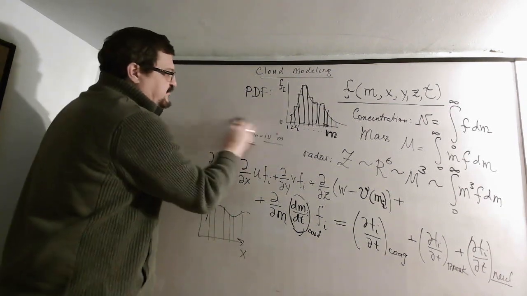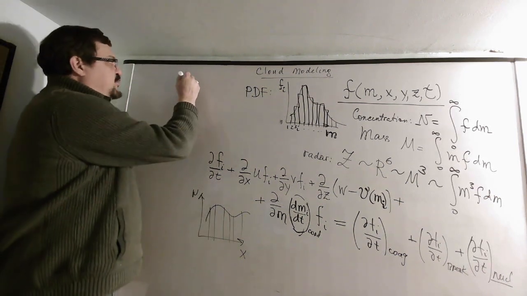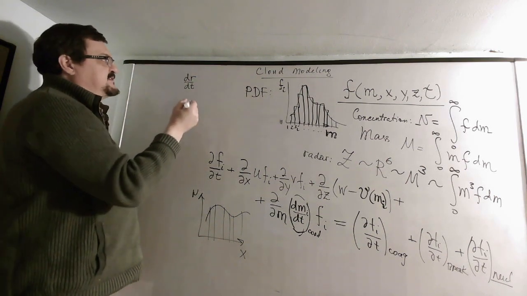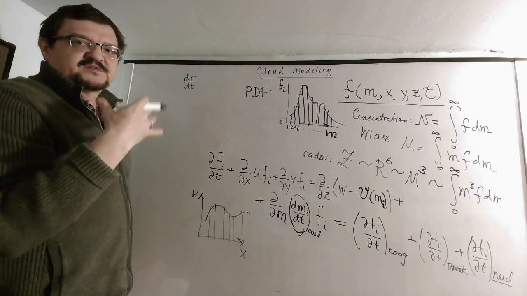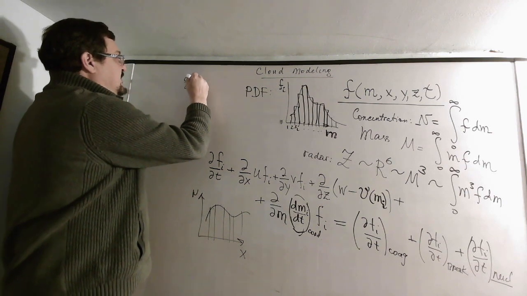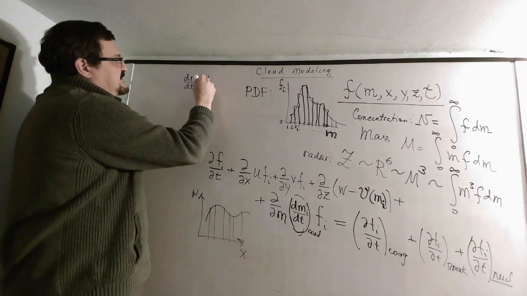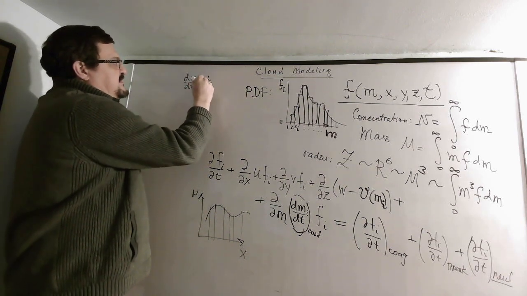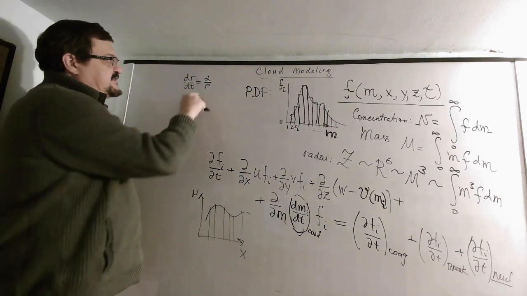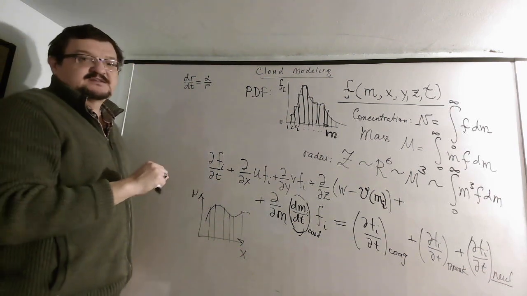For example, it is well known that for the condensation process for cloud droplets, dr/dt, the rate of change of cloud droplet radius, subjected to some supersaturation, so it's the excess over 100% relative humidity, is some coefficient alpha, which is a function of temperature and some other things. We assume that alpha is known, but the main thing is that it's inversely proportional to the size of the cloud droplet. So when size becomes bigger, the rate of growth actually slows down. That's why you cannot actually produce rain by this process